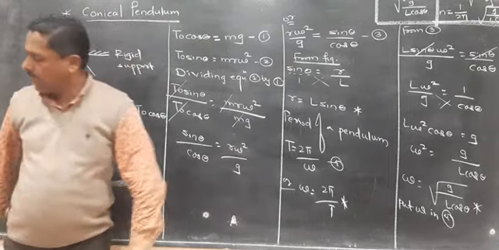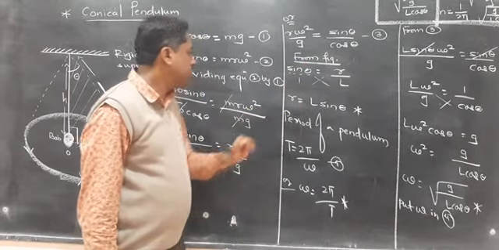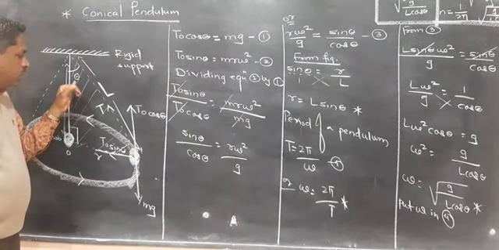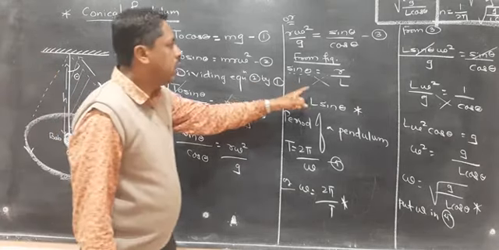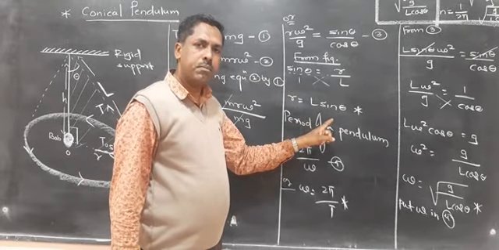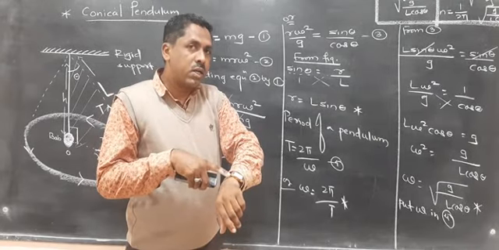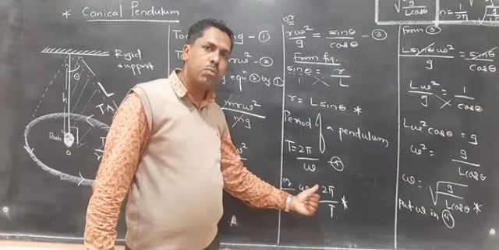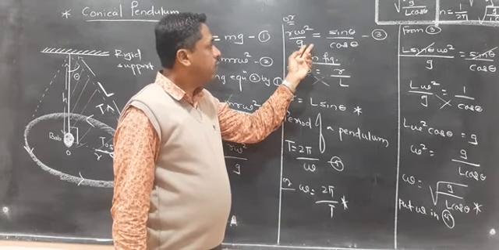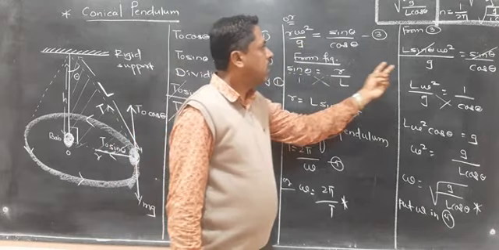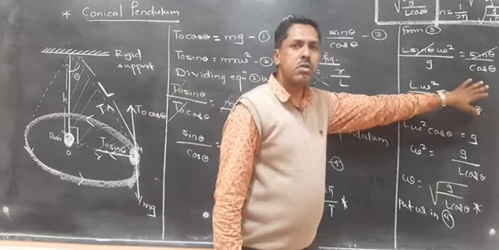Let us consider in another form from the figure. Sin theta is equal to opposite upon hypotenuse, that is r upon L. Put it here, so we get r is equal to L sin theta. Now, since the pendulum is revolving, to revolve it requires a certain time period, so T is equal to 2 pi by omega. From equation 3, we can obtain the value of omega, that is put r as L sin theta, omega square upon g is sin theta by cos theta.